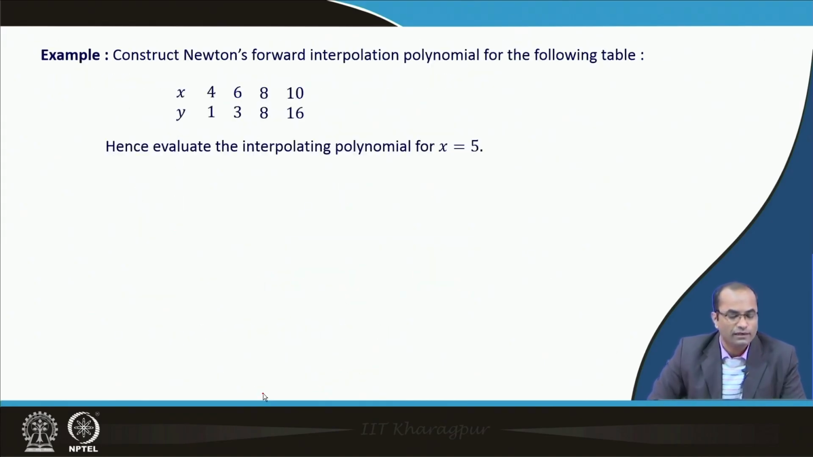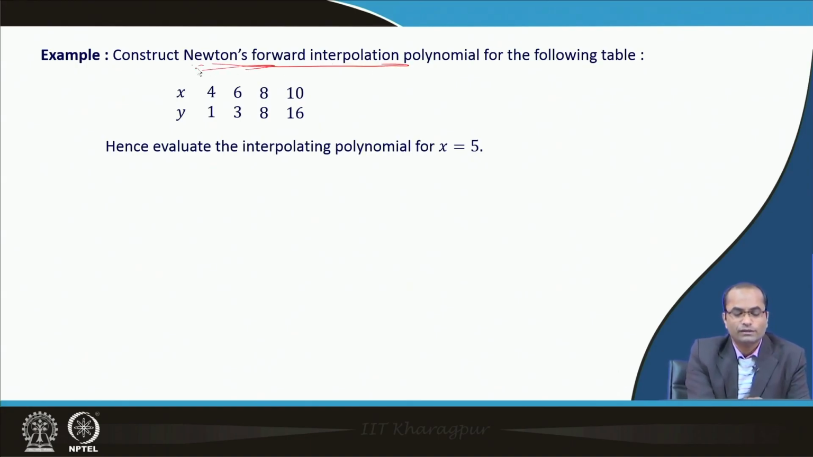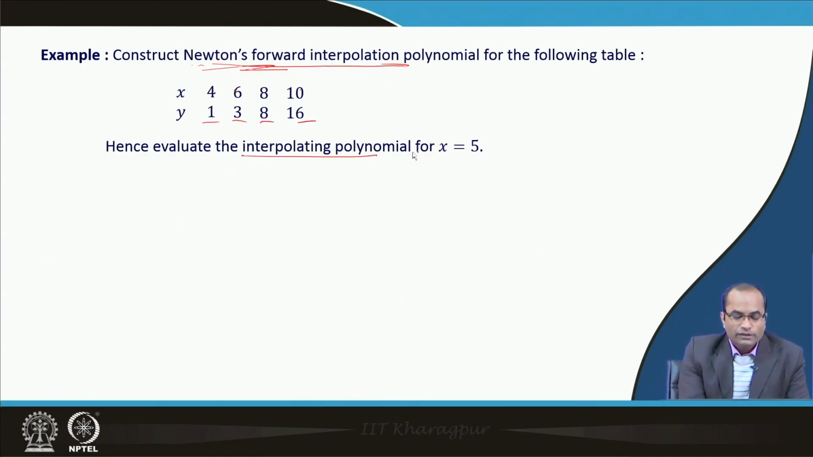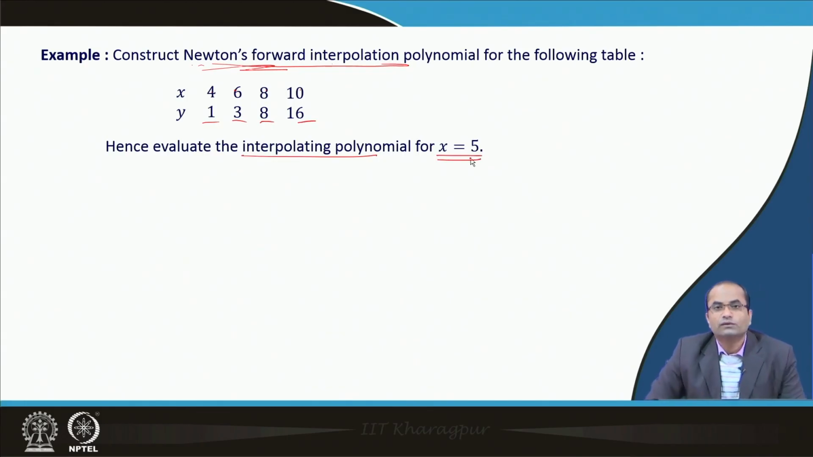Next example, we have the data given and we want to construct Newton's forward interpolation polynomial. I mean, using Newton's forward formula, the interpolating polynomial will be the same whether we use forward or backward. So, here the data are given 4, 6, 8, 12, there is a difference of 2. So, h will be 2 in this case, corresponding values are given 1, 3, 8 and 16. So, we want to evaluate the interpolating polynomial for x equal to 5,